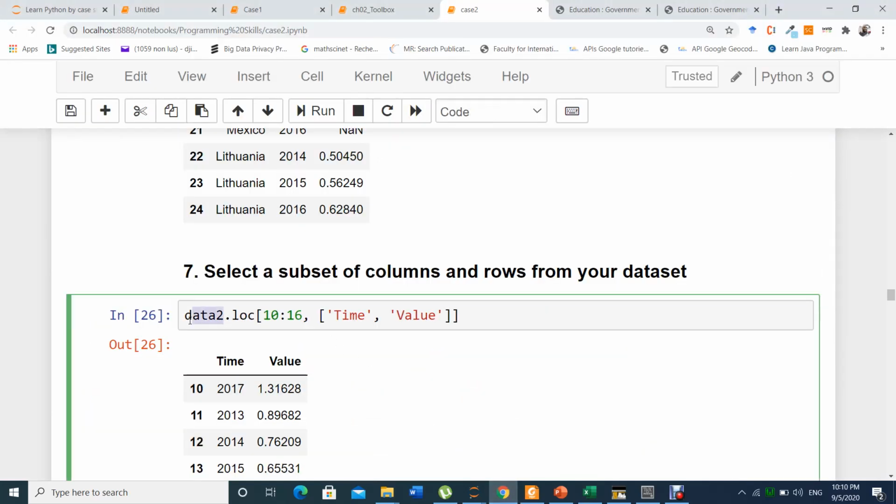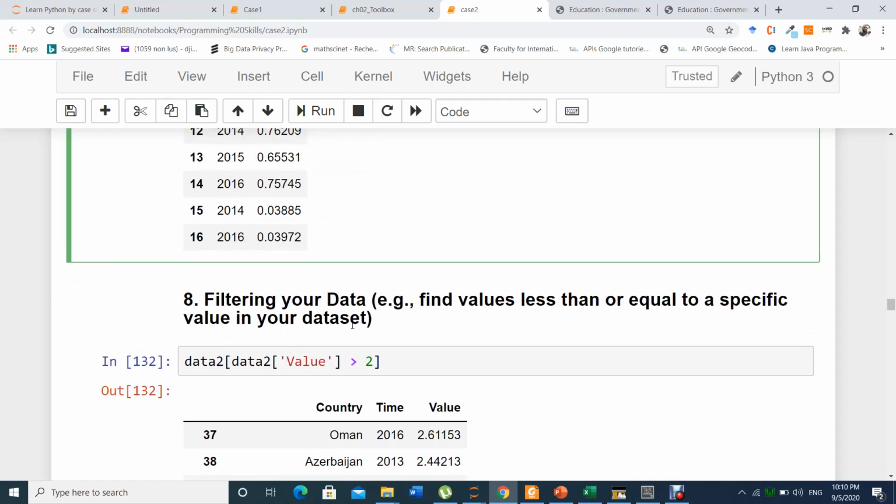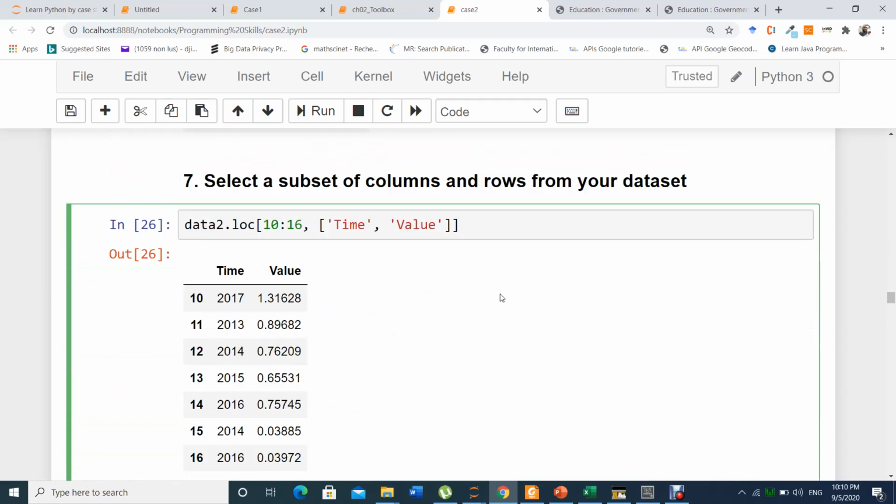We say data, this function loc from 10 to 60, and you only focus on time and the values. It will give us this, you see, the index 10 to 60, and you consider only time and value. So this is also how to select specific columns and rows from your dataset.